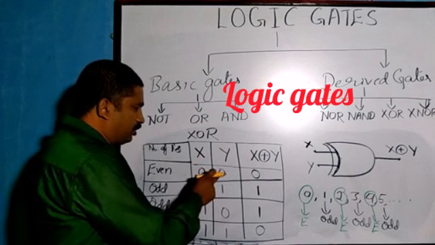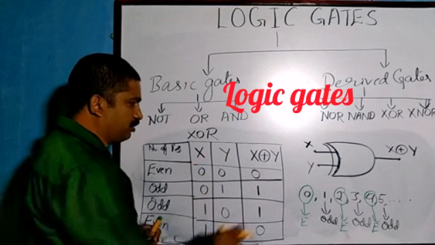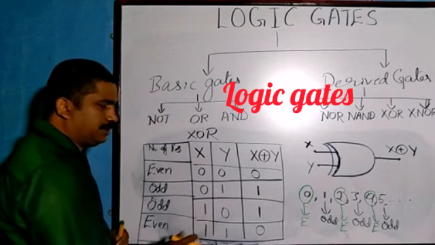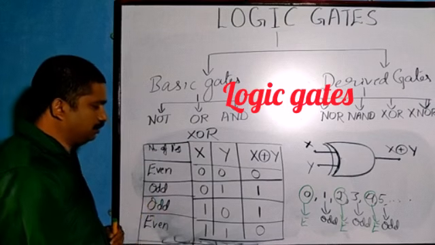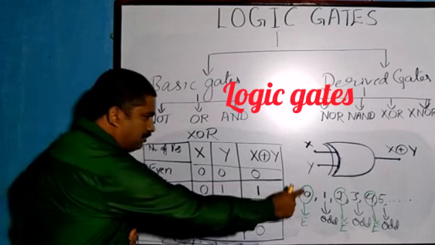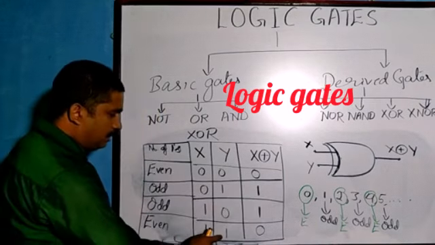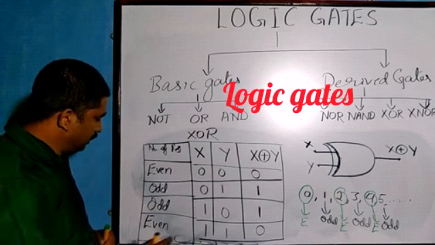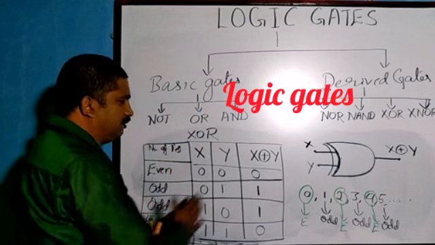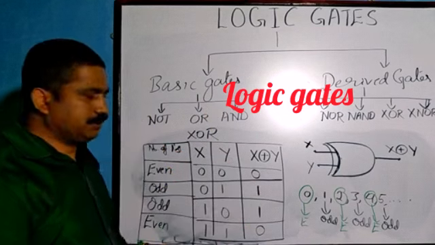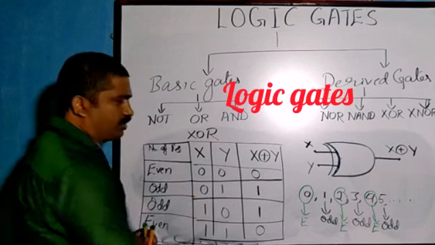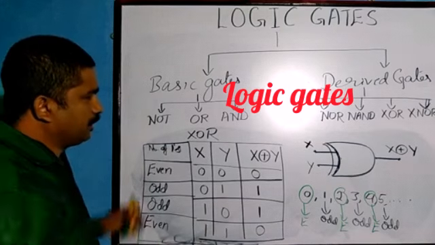Okay. So here 0 0 1 exists 0 times. 0 means it is nothing but an even number. 0 1 1 exists 1 time. It is an odd number. 1 0 1 exists 1 time. 1 time means that is an odd number. 1 1 it exists 2 times, that is 2 means even number. Okay, after writing these 3 columns, then go for the result. So odd means 1, even means 0. So guys, this is all about the XOR gate.